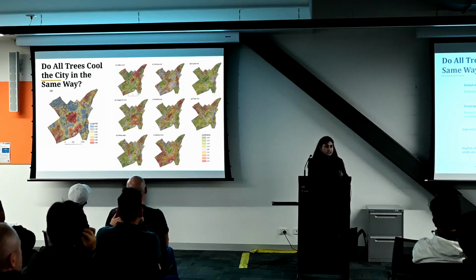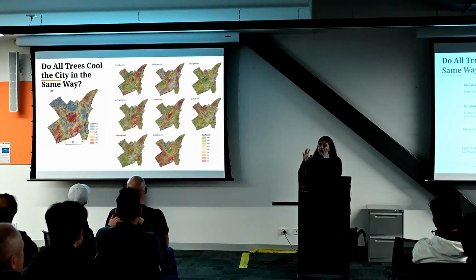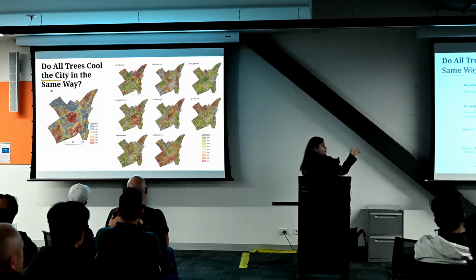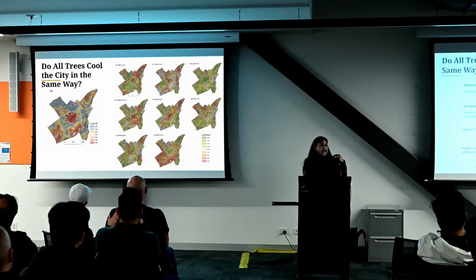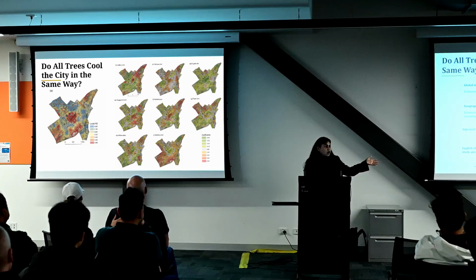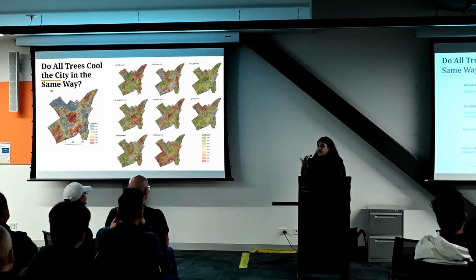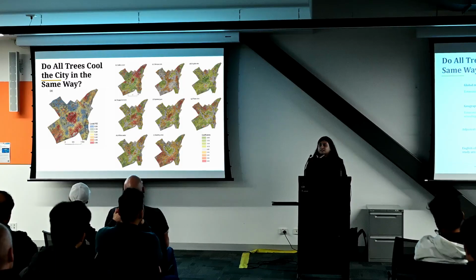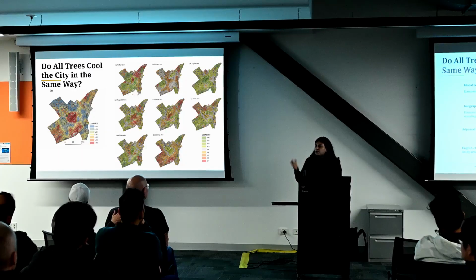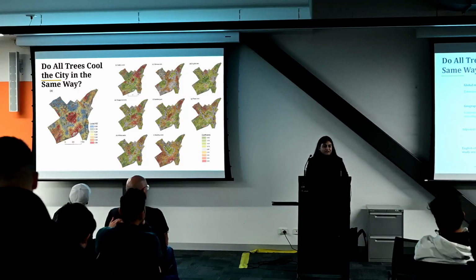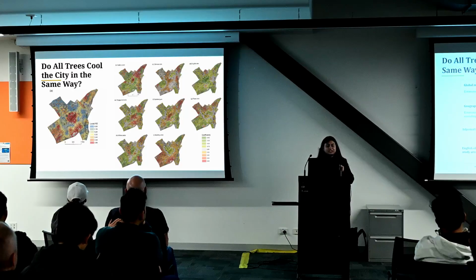For our spatial research, we are moving towards harnessing these capabilities of AI and machine learning, and it can be scalable, it can be automated. We can find for the whole of Victoria which species is working best, how it's distributed, how much cooling it can give, and not only cooling, shading, and so many other things. For pollution, for noise, there is so much research going on. So that's the summary of my master's research.